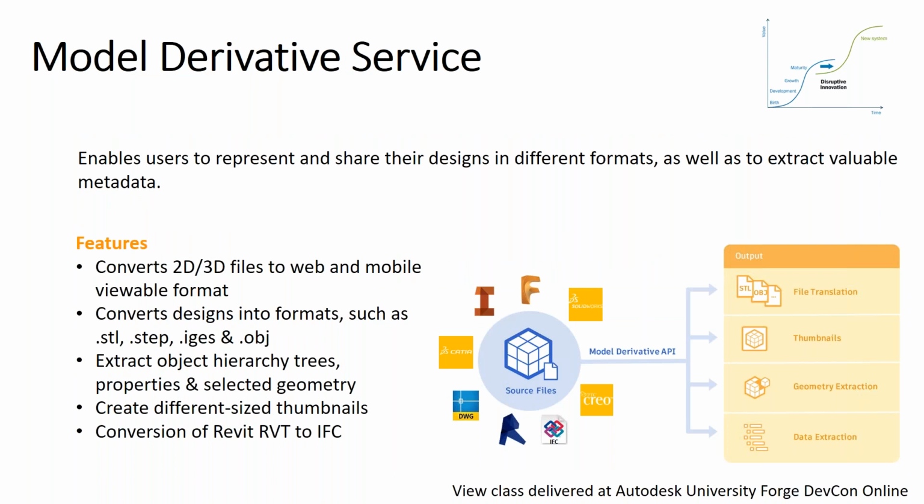Whether you're getting thumbnails, or an OBJ file, or a viewable, which is an SVF file, or geometry, probably the most valuable thing model derivative delivers is helping you extract data, metadata, parameter data, attribute data that can be used for counting, scheduling, purchasing, cost estimating, planning, bills of materials, that kind of information.